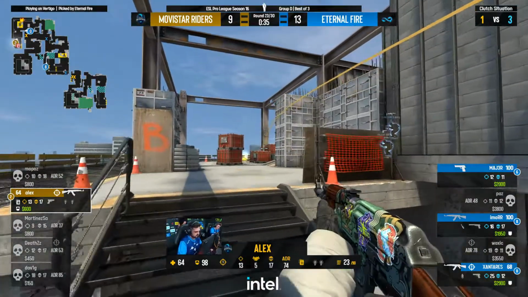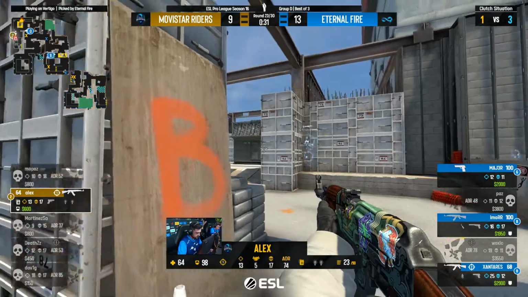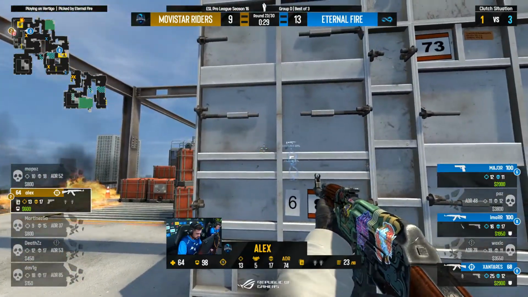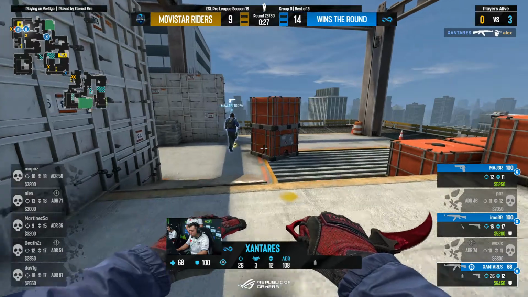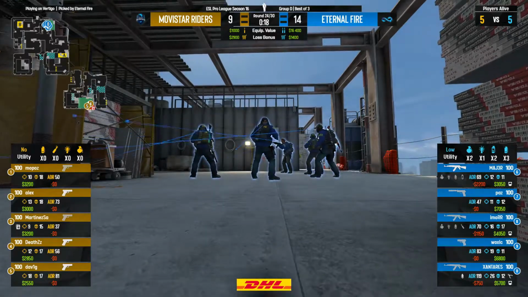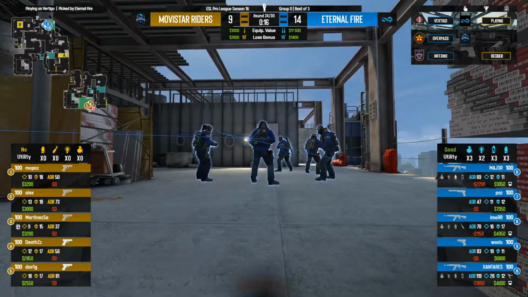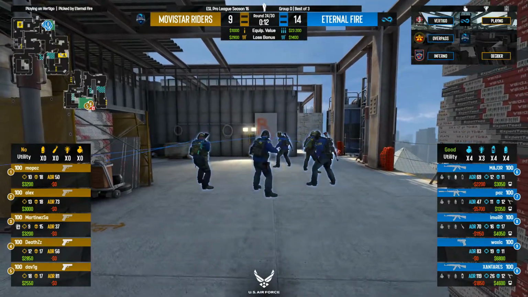Alex, now he's got a clutch up. Decent performer for this squad. Yeah, this looks too strong, doesn't it? The two of them. And there it is. He's not even considering it. Down he will go, and Eternal Fire with a cheeky, impossible round of their own. That was again just XANTARES saying, hello, I can hit headshots, and I'm going to win the round